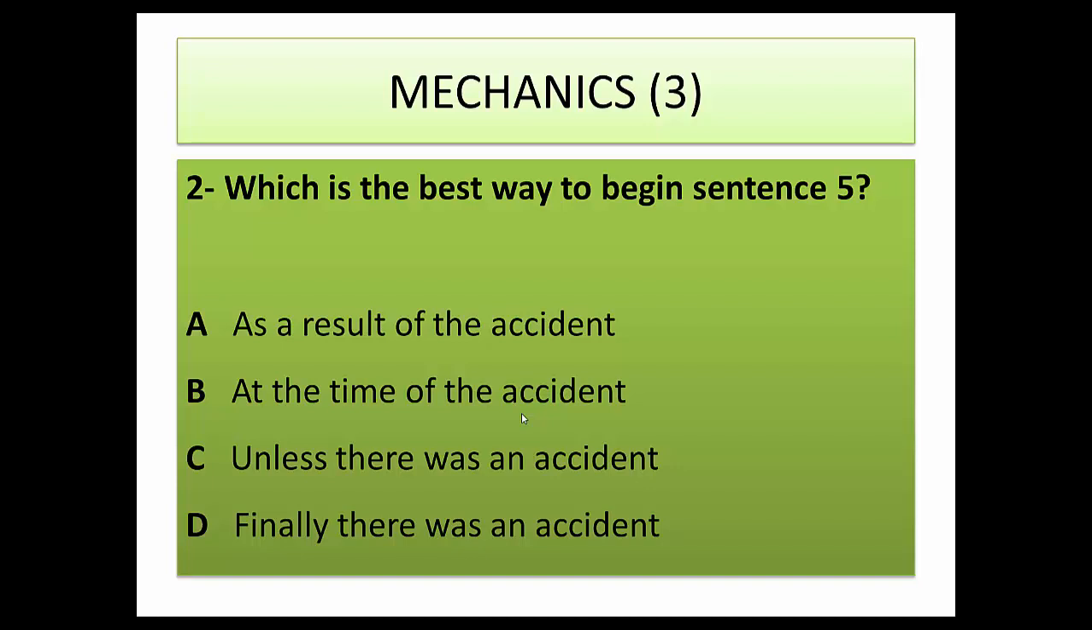You know, the first one is better. As a result of the accident, the bridge will be closed. This is a clear sentence. As a result of the accident, the bridge will be closed. But if I say, finally, there was an accident, the bridge will be closed, no, it's not clear. So the answer is sentence number